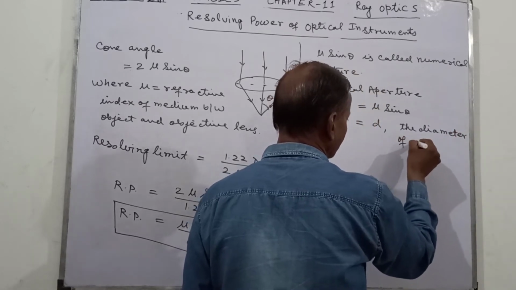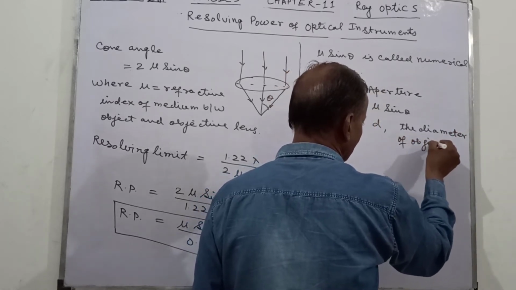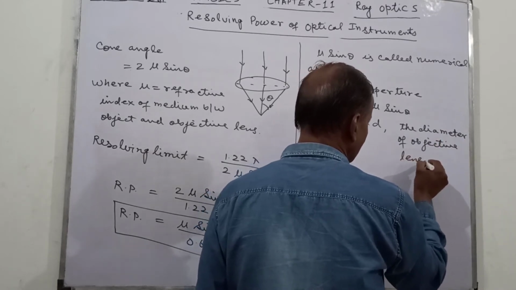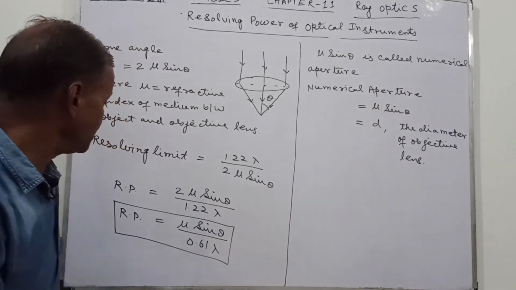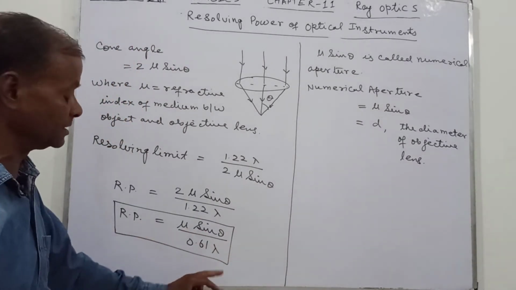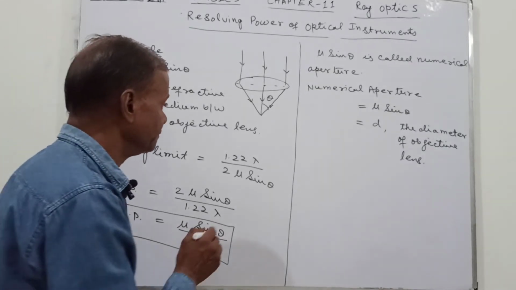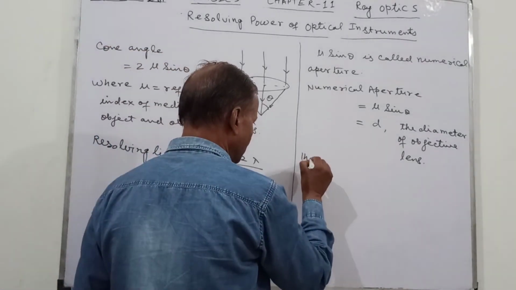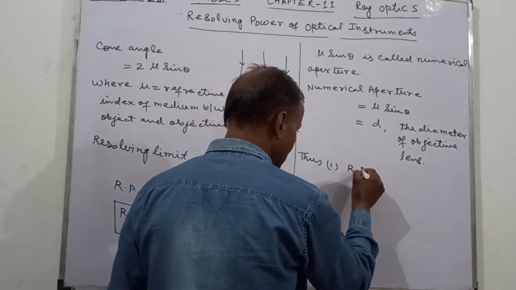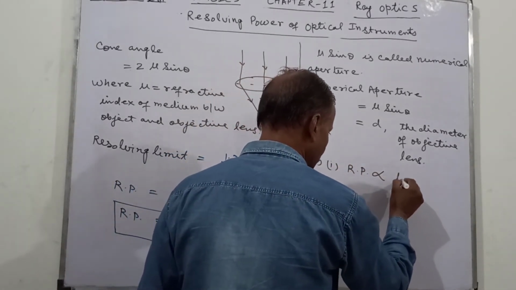Diameter of objective lens. So you can see that this RP can be increased by increasing this mu sin theta and by decreasing this lambda. So what we have? Thus, number one, this RP is proportional to mu